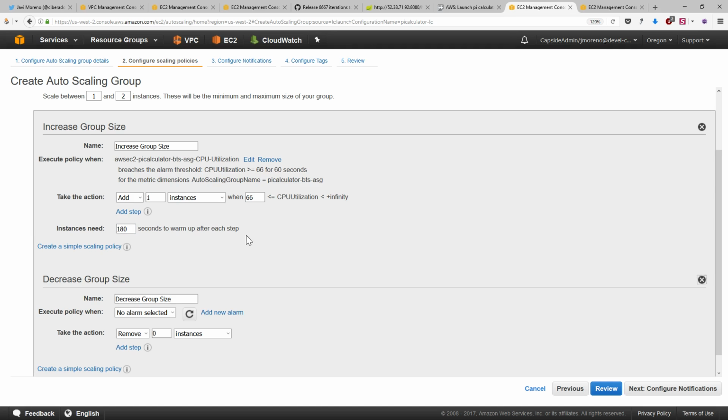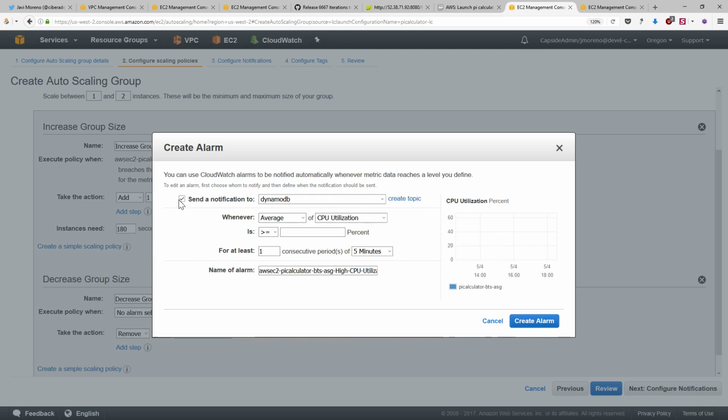Because this instance is going to take its time to get into the autoscaling group and the load balancer, and then trying to take workload from the other instance, trying to help the other instance to respond to the new connections. The same way, we are going to create a new alarm, but in the other sense, without notifications,